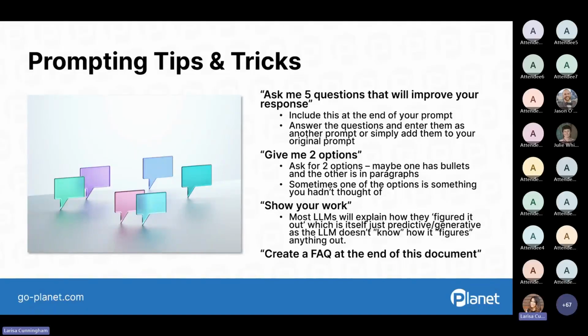I do also love using Copilot as a brainstorming partner, but I like to tell it to give me multiple options. So whether that's 2 or 10, have it give you multiple choices. Maybe you're trying to come up with a catchy title so that people pay attention to what you're sending. Most often when I have multiple options, I end up pulling from my ideas and then combining it with 2 or 3 that I got from Copilot, and it becomes a merge of